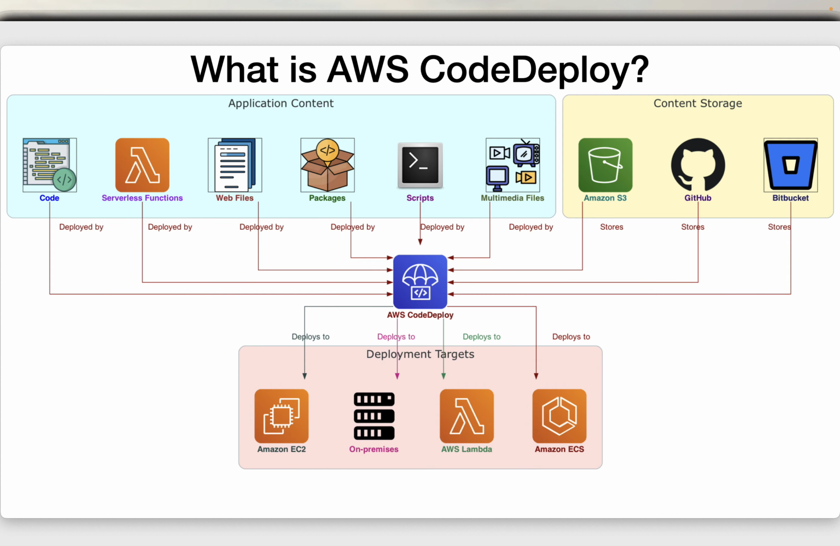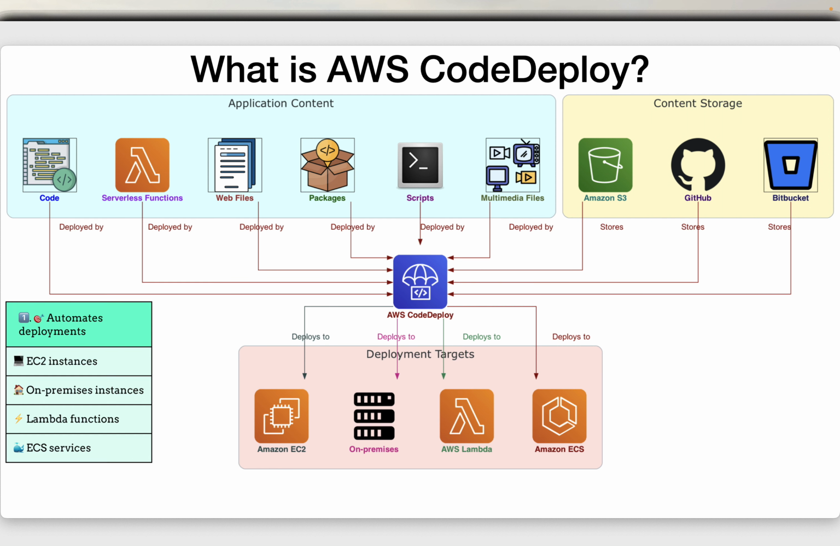So first one, AWS CodeDeploy. What is AWS CodeDeploy? CodeDeploy streamlines the deployment process by automating application deployments to various targets, including Amazon EC2 instances, on-premises instances, serverless Lambda functions, and Amazon ECS services, Elastic Container Services. CodeDeploy handles a nearly unlimited variety of application content, making it a versatile tool for deploying different types of applications